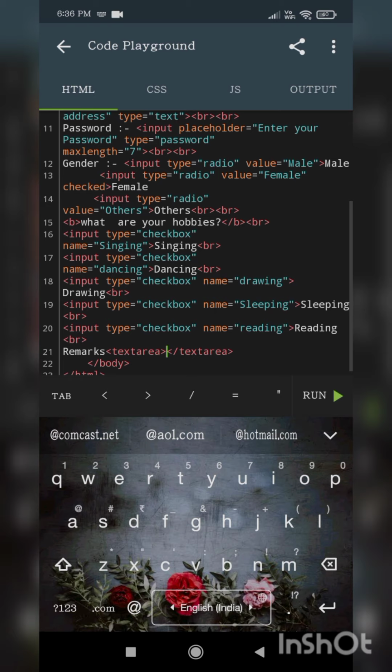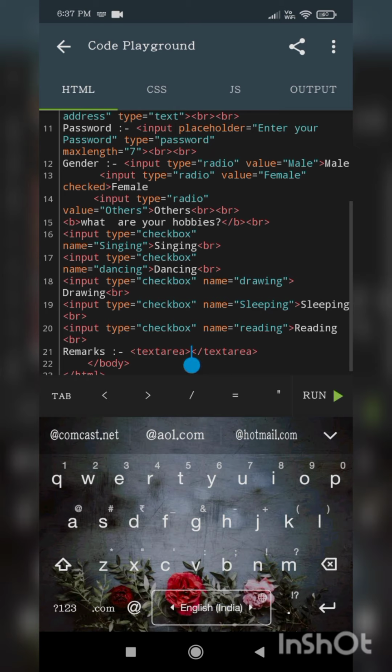It must include a name attribute, and you must specify a number of rows and columns with the rows and cols attributes. Friends, this cols and rows attribute we have learned in the table tag and in the frames tag also. Now here also we are learning, and finish this control with the textarea closing tag, which means this is a container tag.